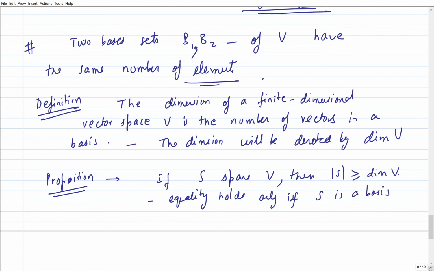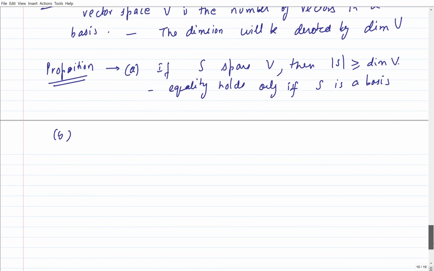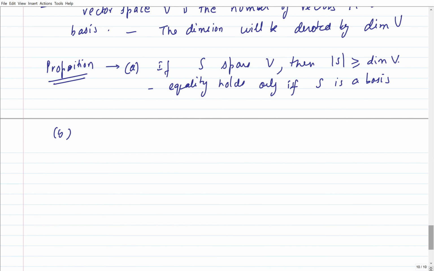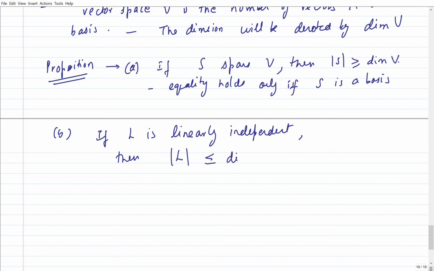In fact, it follows from what we just proved. And if L is linearly independent, then the number of elements of L is less than or equal to the dimension of V,